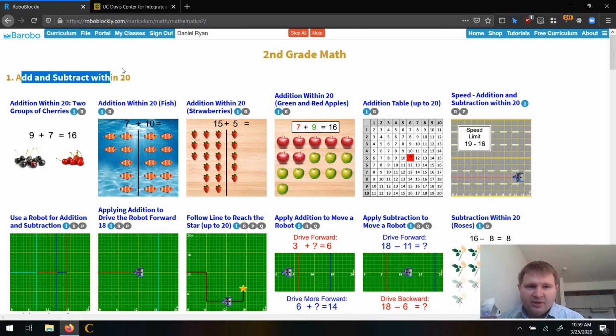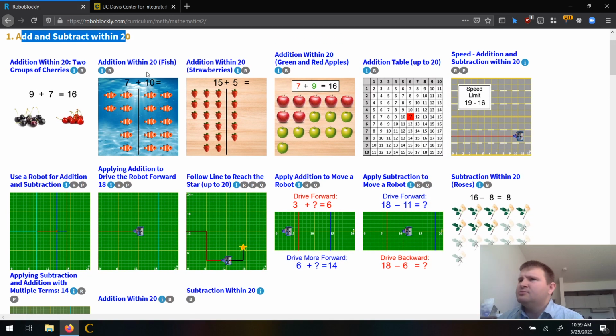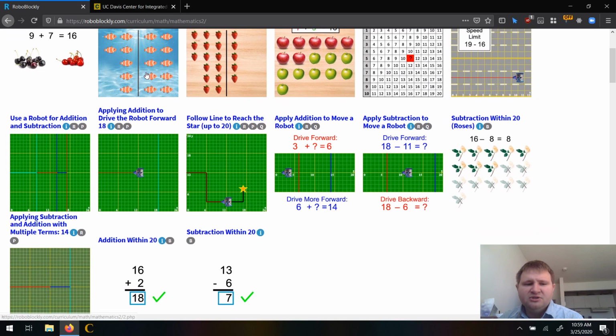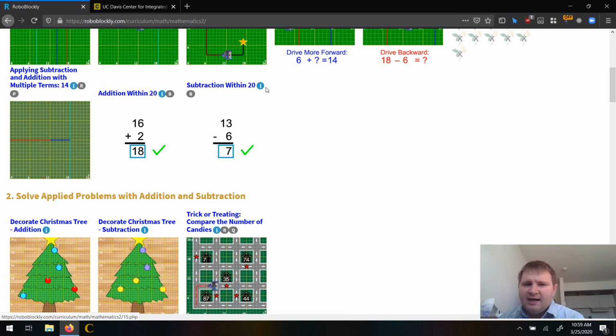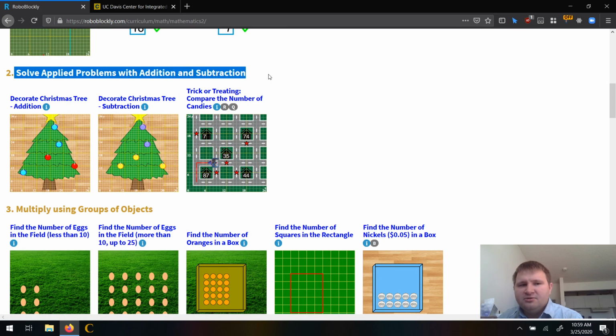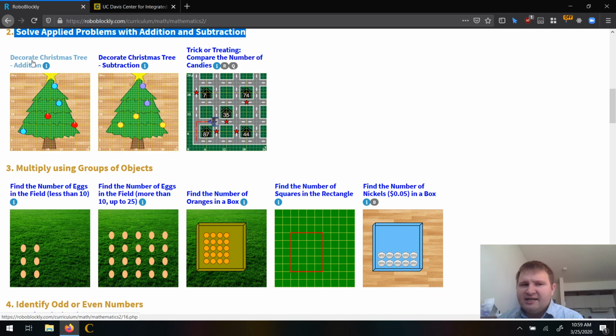So we start out with adding and subtracting within 20, a little bit of practice, repetition from previous years, go through identifying different equations and maybe coming up with the answers to it, kind of like we would in a normal traditional math class, but this time it's just using the computer and it'll tell you right away if you got the right answer. We go into solving applied problems with addition and subtraction, where we're saying things like we're